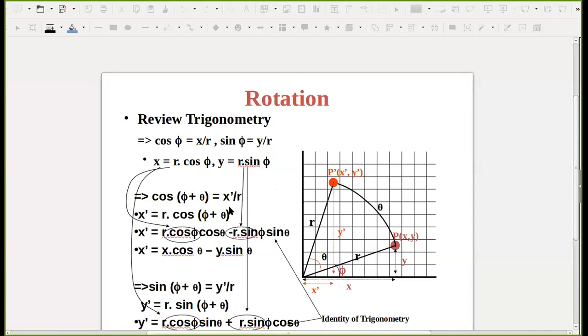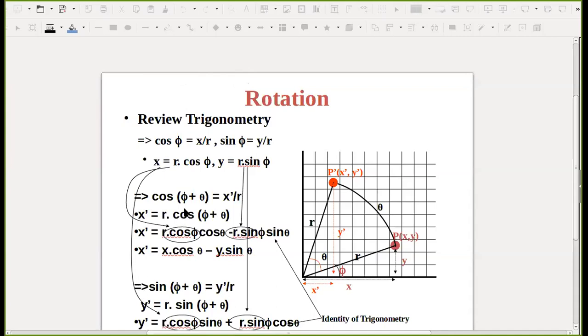And for minus theta, tell me, what is cos minus theta? Cos theta, exactly. So cos minus theta gives cos theta, there is no change. But sin minus theta is minus sin theta. So you will see these equations will change. Cos theta and cos minus theta are the same, so this factor will not change. Px cos theta, or we can say x cos theta, has no change. But minus y sin theta changes.